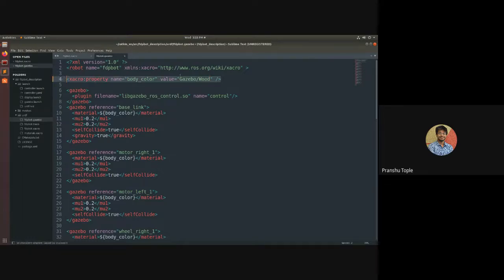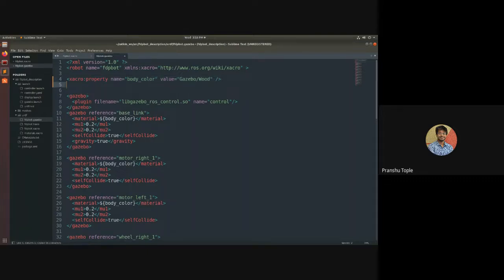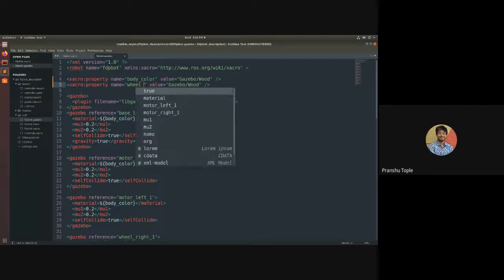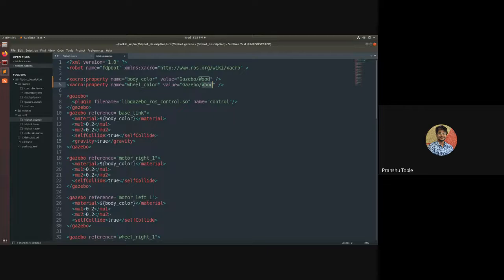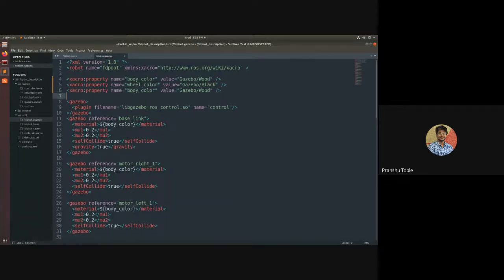I will create one more property. I will just copy it and paste it. I want wheel underscore color as, let's say, black. I can have motor color as gray.